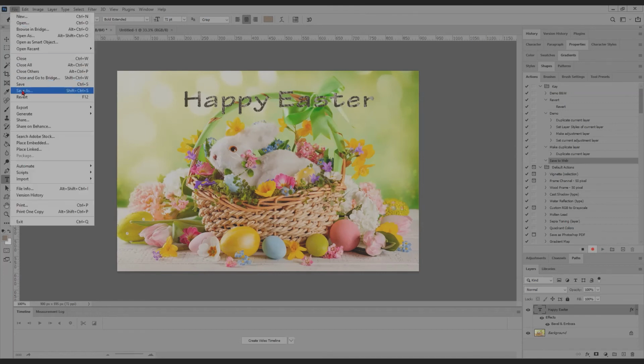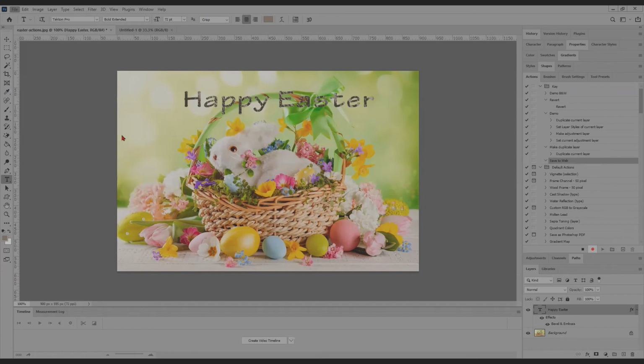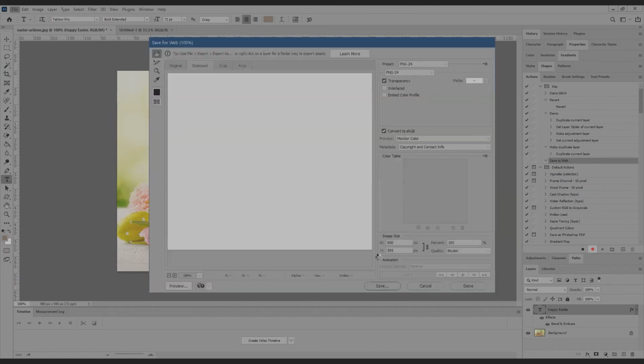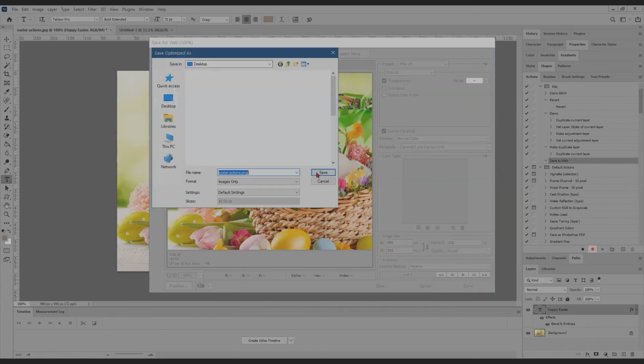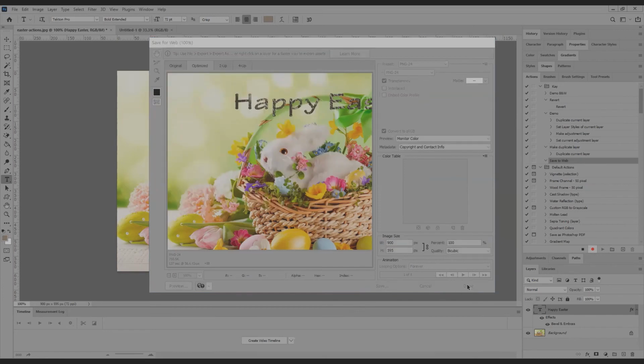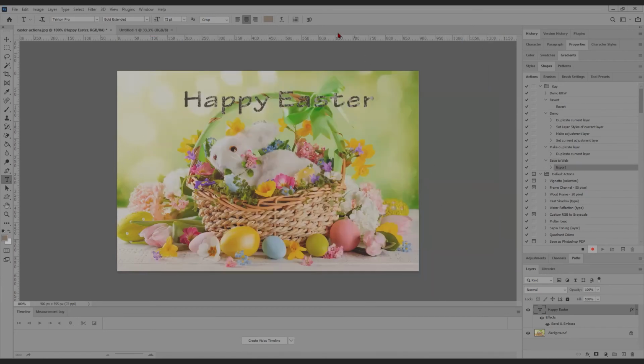So now what I have to do is I'm ready to record. So I go up to File, go down to Export, Save for Web, and it comes up with the regular menu here. And I'm going to click Save. And then I'm going to click on Done. Well, it's going to ask me where I want to save it, and I'll tell you this in a minute. I'm going to go ahead and save it. And then all I have to do is